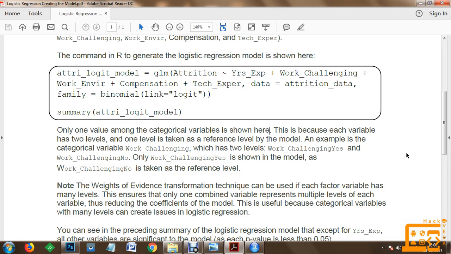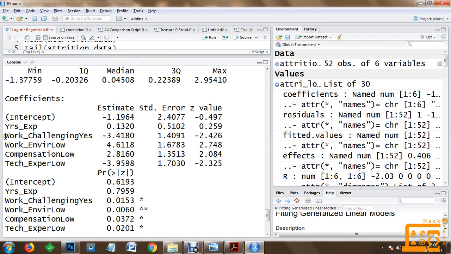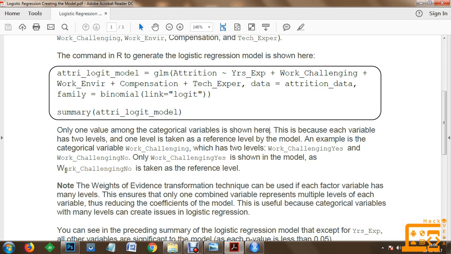Work challenging has two levels, either yes or no. Only work challenging yes is shown in the model, because the second level, work challenging no, is taken as the reference level. I hope it is clear that each variable has two levels and one level is taken as the reference level by the model.